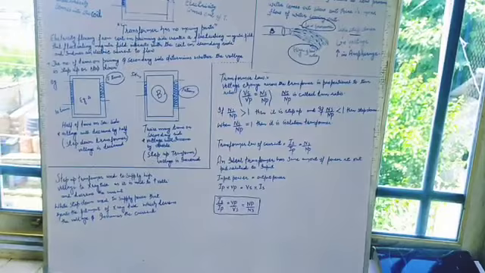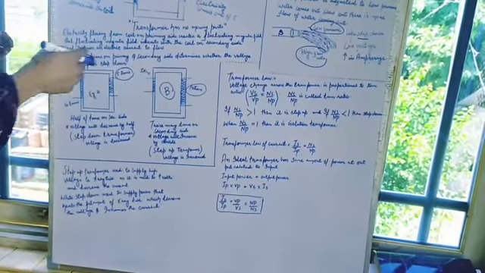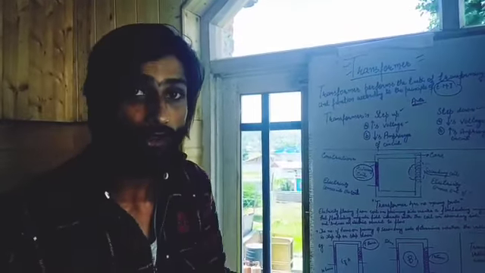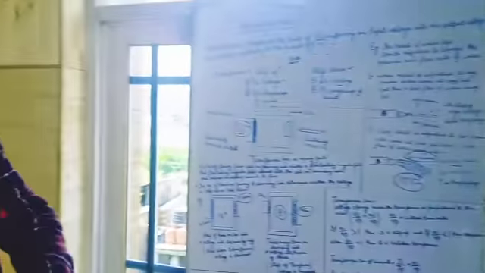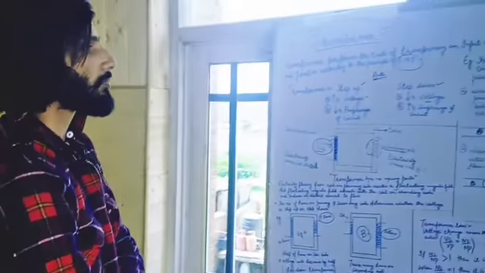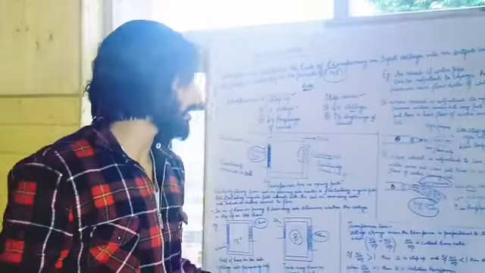So this is an example of a step up transformer, because the voltage is increased. The main function of the step up transformer is to increase the voltage. Continuing with the transformer, we have here the transformer law. What is the law of the transformer?